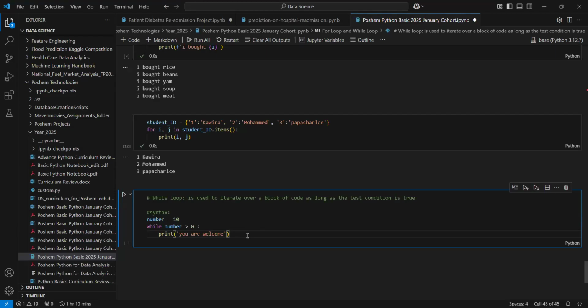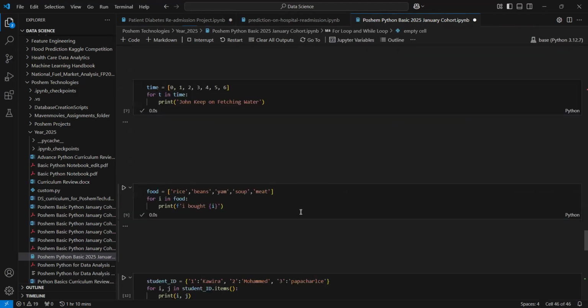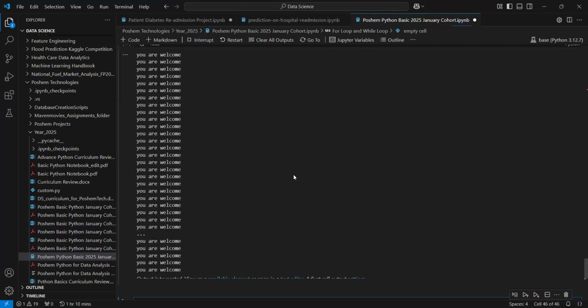Now, guys, if you run this code now, it will be called an infinite loop. It has no ending. Look, it will keep on printing. It has no ending. It's an infinite loop. It will keep on printing. It won't stop. You know why? Until I interrupt it, there is no